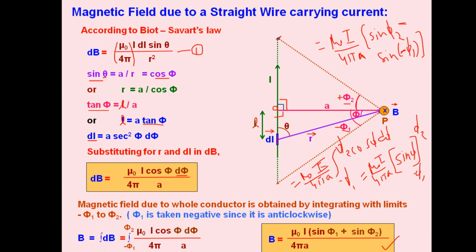If we consider this point at a much upper part because of infinite position, this side and this side will be almost infinite, so the angles in front of each other will be the same. So phi 2 must be equivalent to 90 degrees, and phi 1 should also be equal to 90 degrees. So angles phi 1 and phi 2 will both be treated as 90, pi by 2,